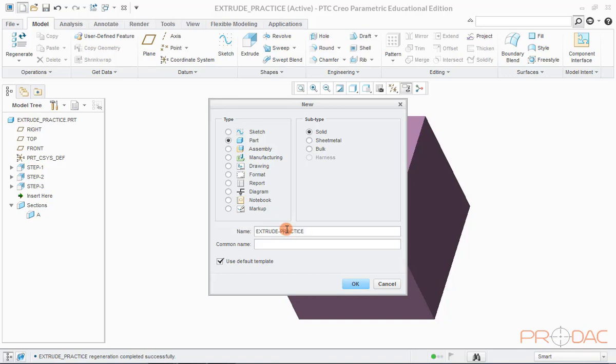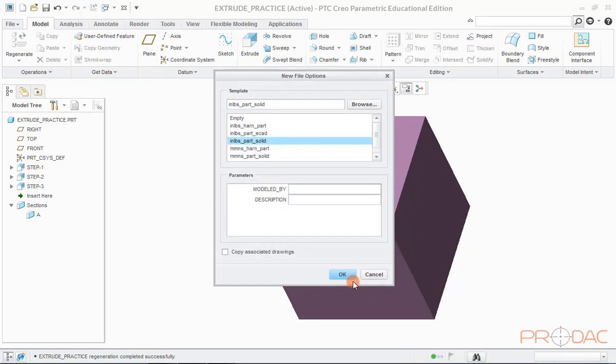Uncheck the box Use Default Template and say OK. A pop-up window appears. Select the option MMNS_part_solid and press OK button.